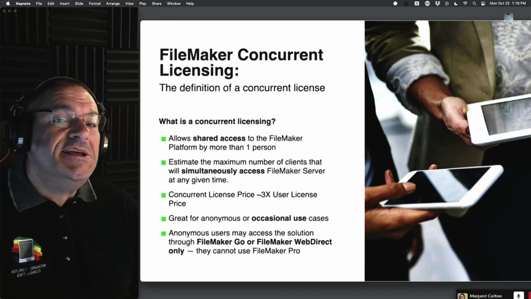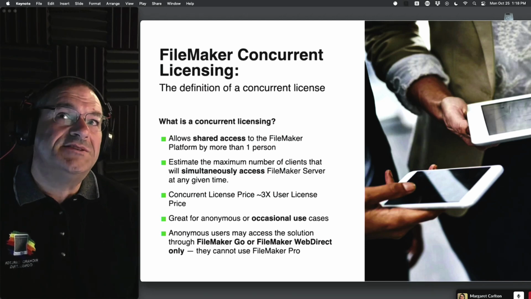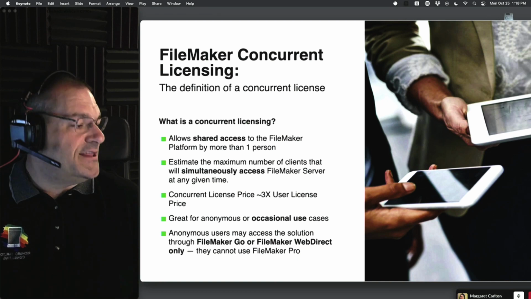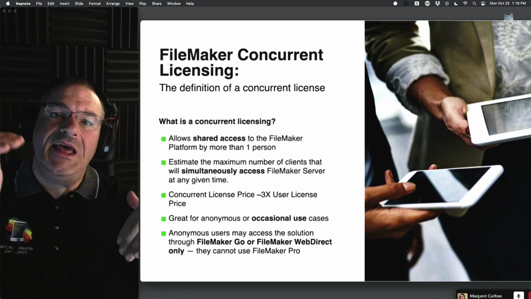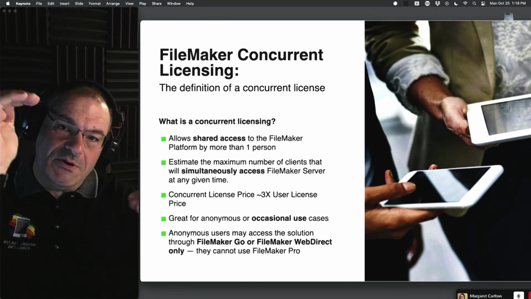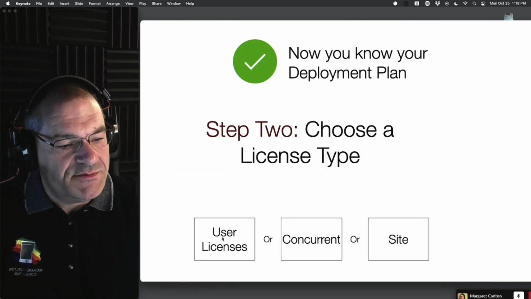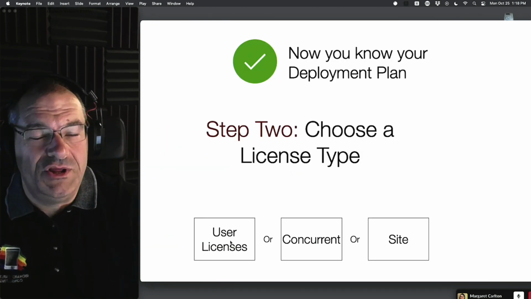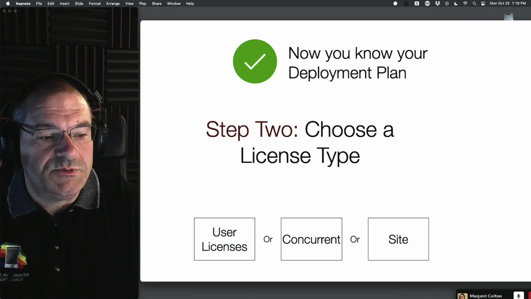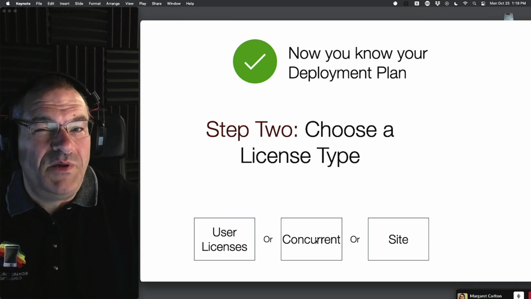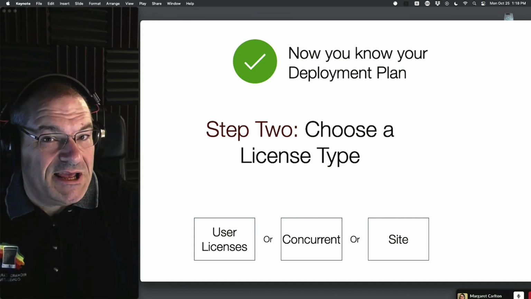Cat, give me a break. So the concurrency is 3 times the cost, right? So which means that loosely, if you have 30 individual user licenses, say the cat derailed my brain, it's the same as that 10, right? So it's about 3. This one, if I go back, this one here is 3 times the cost of this one, right? So if you actually know the users, name them, buy this one. This is the cheaper one. This one, if you don't really know their names, you have 50 people, but only 10 of them use it at a time, that makes sense.